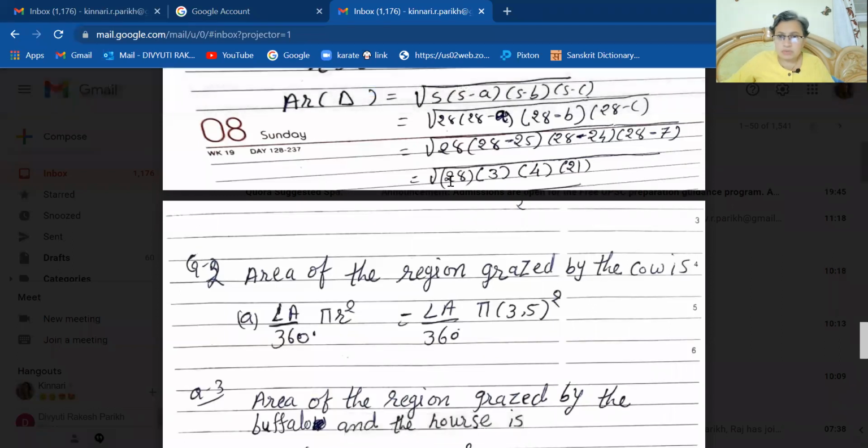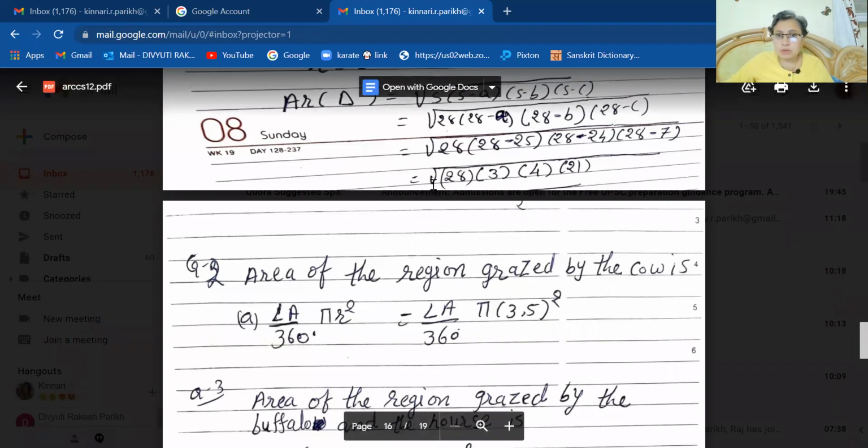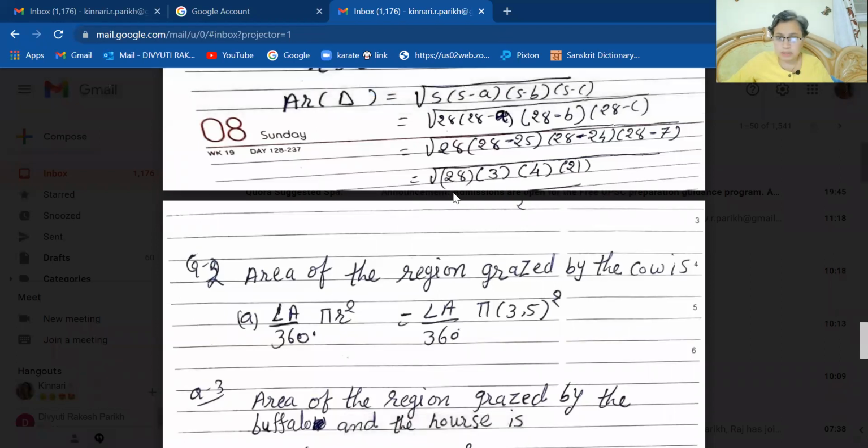Okay, so as you know, we will not do multiplication of these numbers, you have to factorize it. Prime factorization should be there. So 28 will be 7 into 4, which means 7 into 2 into 2. So 7 is coming one time, then 2 is 2 times, and then 3, and for 4 also 2 into 2 again, and 21 is 7 into 3. So you can see that 7 occurs 2 times, so from that we will take 1 time 7.